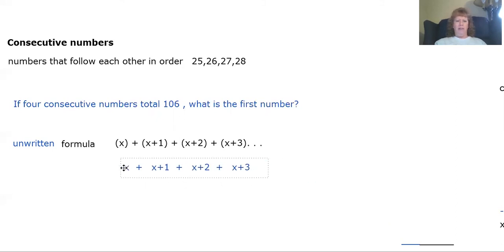So I've written that again here because you don't have to use the parentheses when you rewrite it. They've used the parentheses here to group them, but it really makes no difference whether you write them with parentheses or not. So if this is going to equal 106,